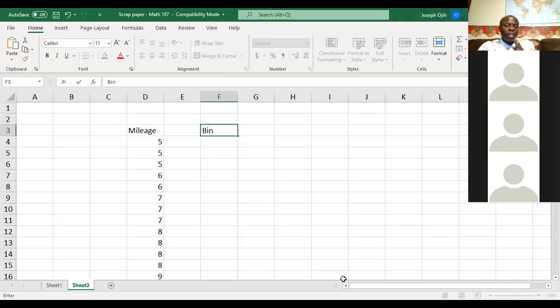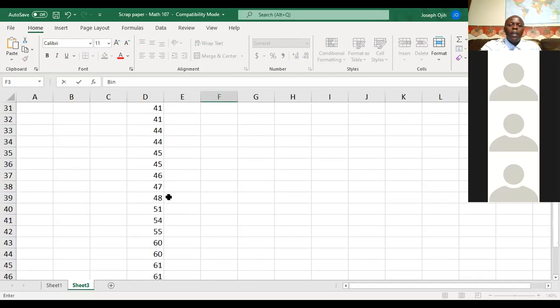In the version of Excel you are using, it is also called bin, but you have to figure out how it is done. Maybe you can try this way that I'm doing now, see if it's going to work for your Excel. Now, the smallest is 5, largest is 70. If you're using an interval of 5, you can say start from